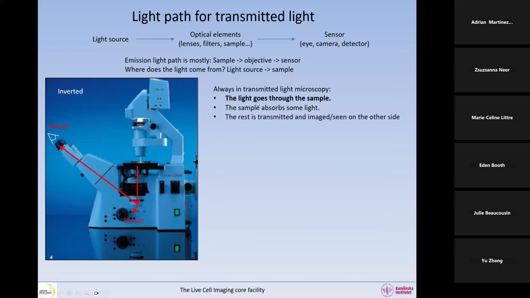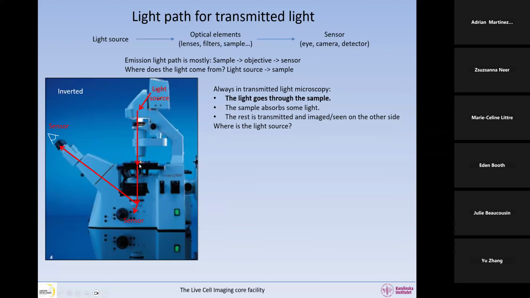And the sample absorbs some of that light, and the rest of the light, which is not absorbed, is going on the other side of the sample. That's why the sample has to be thin. The light goes through. That's why it's called transmitted light microscopy, right? So for that reason, the light source must be on the opposite side compared to the sensor. So the light source is here on this microscope, and then it goes through the condenser, goes to the sample